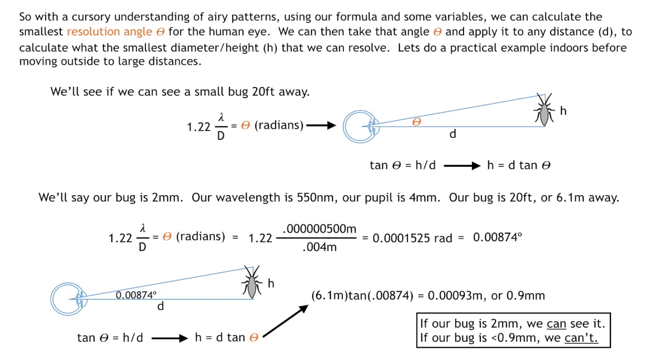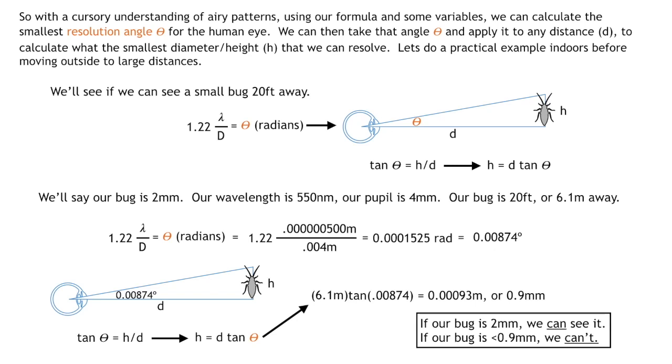Keep in mind that this angle that I've represented here is a right triangle within our eye to the object, but in reality it would be more like an isosceles triangle. But because we're using such small angles in comparison to the object, the two distant angles are essentially close to 90 degrees, and so we'll use the right triangle. So tangent theta is equal to height divided by distance, and height is then equal to the distance times tangent